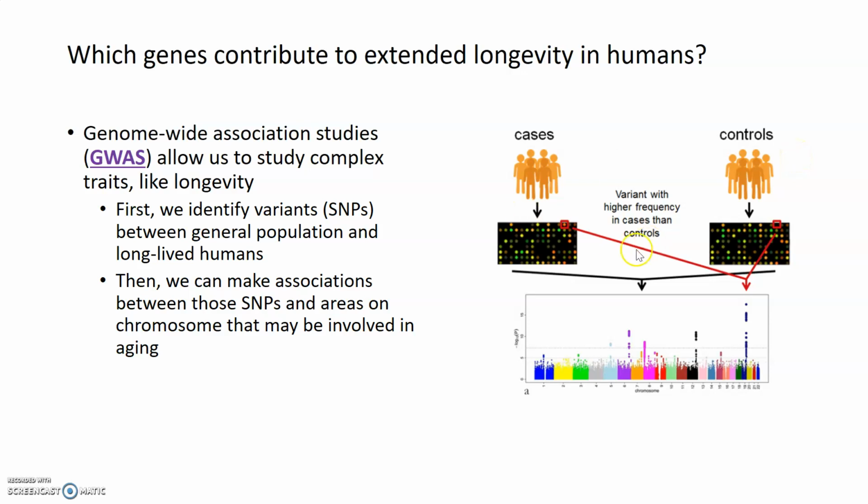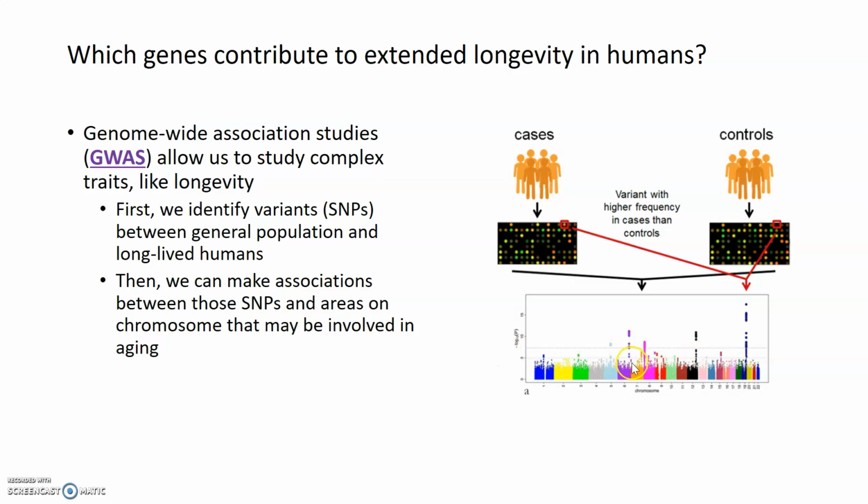And once we find the differences, or find these SNPs, we can make associations between these SNPs and the area in the chromosomes that might be involved in aging. And so what this is down here is called a Manhattan plot. It shows all of the chromosomes in humans, and then SNPs, or the variants, are actually shown as small dots here